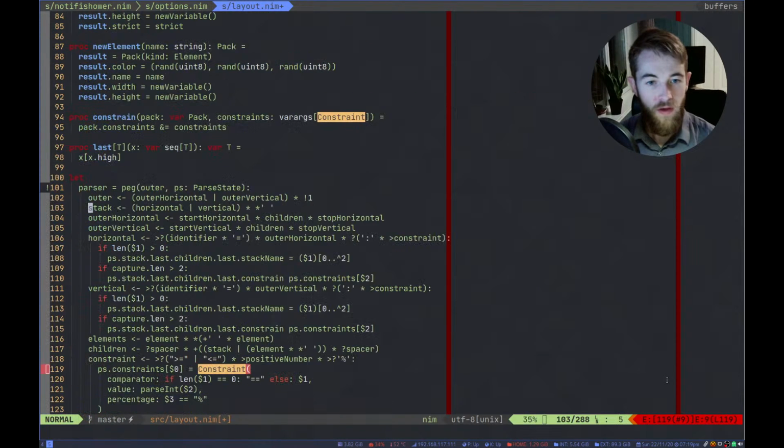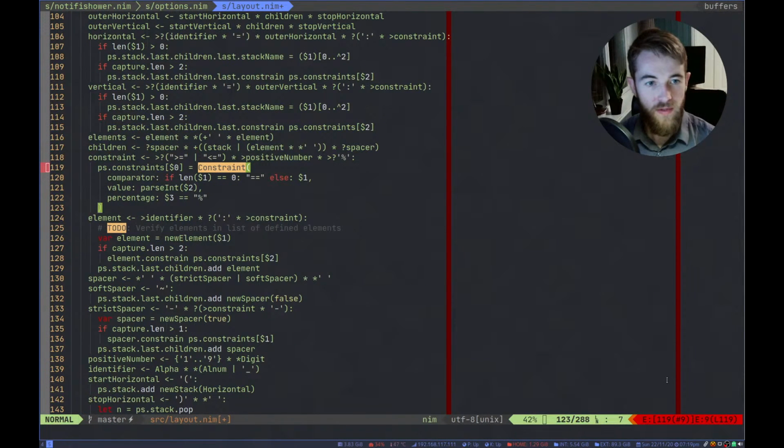There. Where was I? Here. So again, since we have an optional capture here, we can't do two of them, or we can, but then it's sort of hard to tell which is which. So either a positive number or an identifier. And as I said, we keep the percentage here.